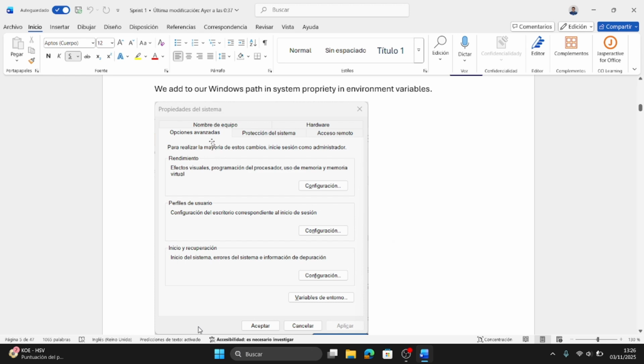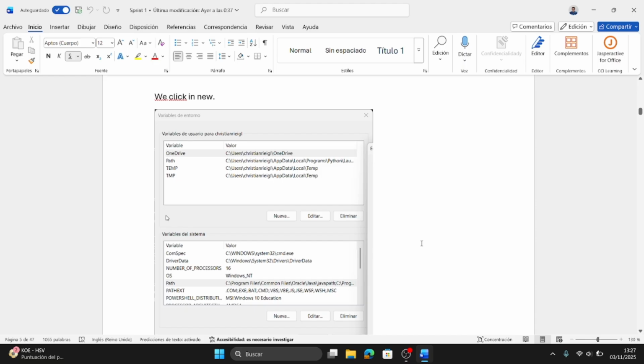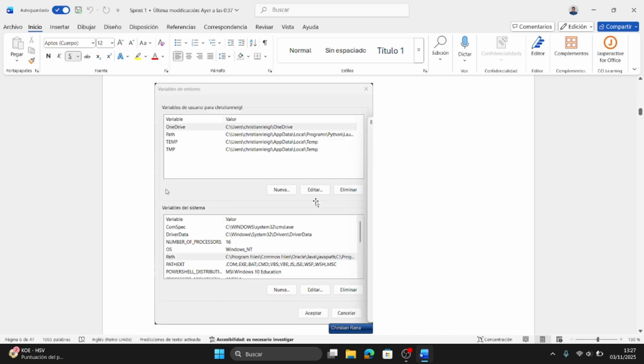We have to open the system properties and go to variables de entorno. Okay, when we enter, we're going to see this screen, and we're going to see the variables for our user and the system.